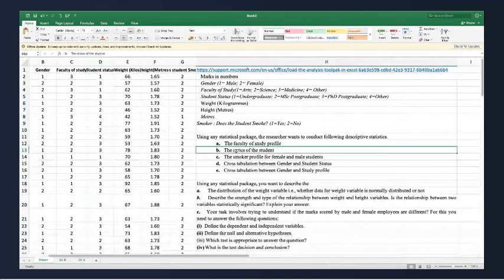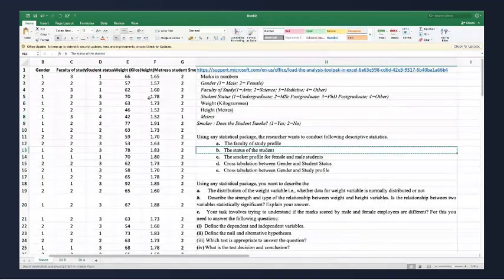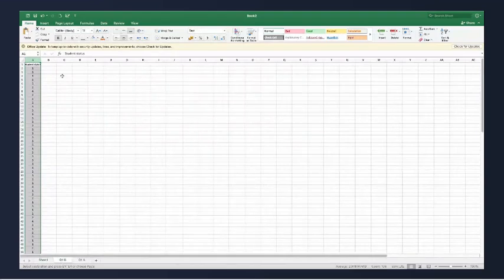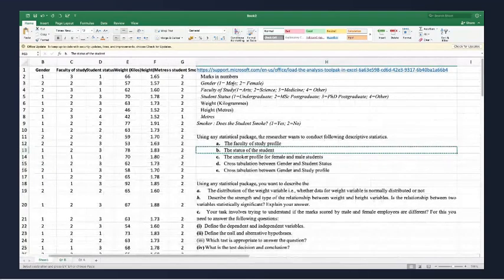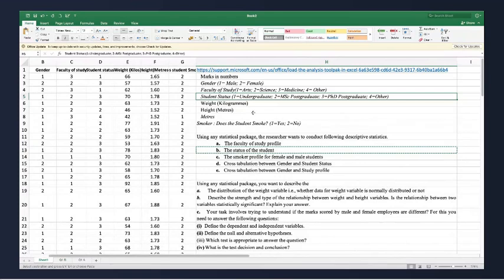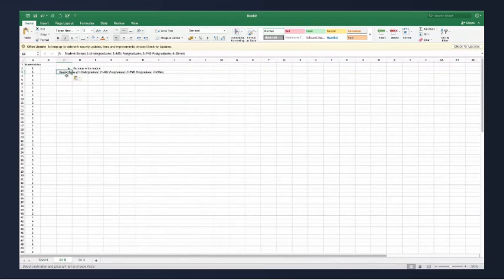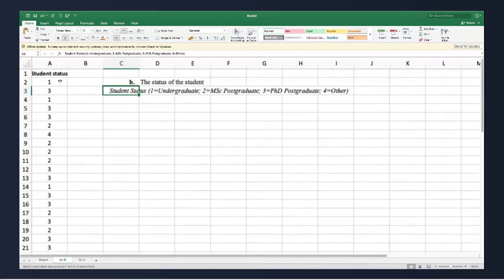Student status is my question, status of the student. And what is my marks in my coding student status, I'll copy it. Right, I'll zoom in for you guys to look at.